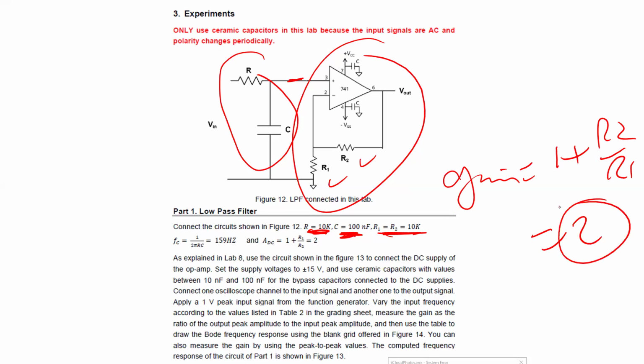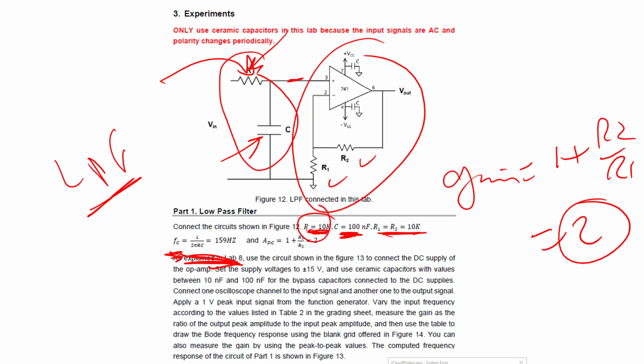Okay. This is one thing. The other thing here is that if you look here, if you find the resistance here and the capacitor, this is a low pass filter. Okay. When I go to high pass filter, it's going to be exactly the same thing, but all what I'm going to do is switch the capacitor here. Okay, if you want to calculate the cutoff frequency, it's 1/2 pi RC. So if I use this R, which I asked you to be 10K, and this C, which I asked you to be 100 nanofarad,